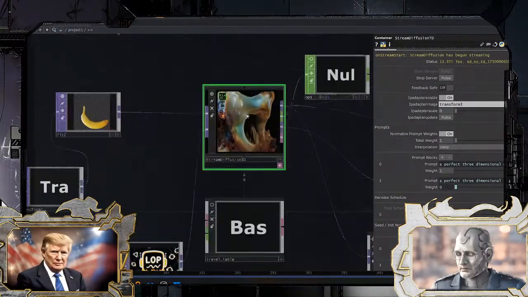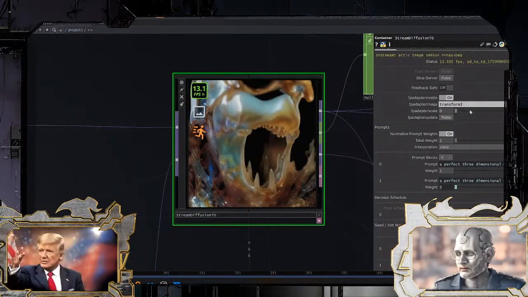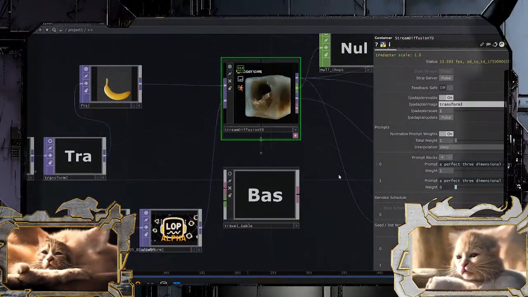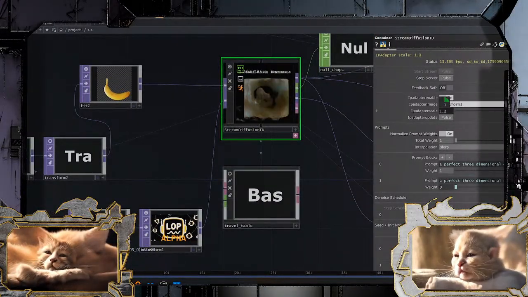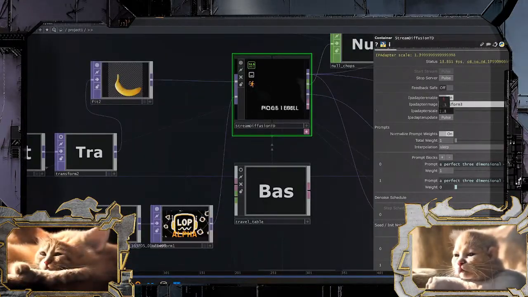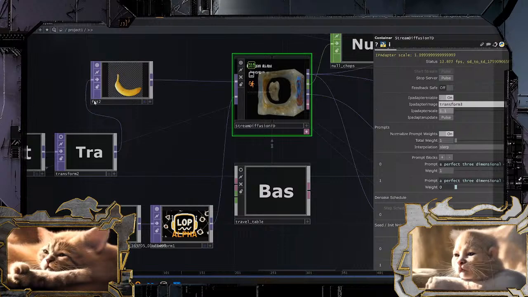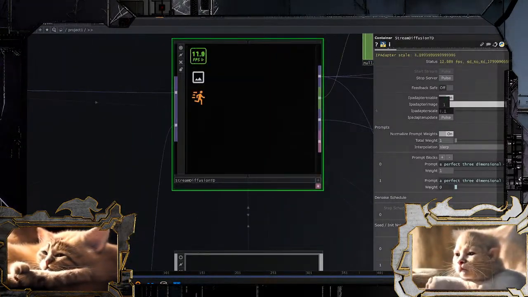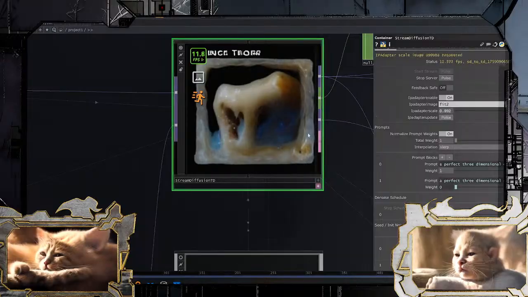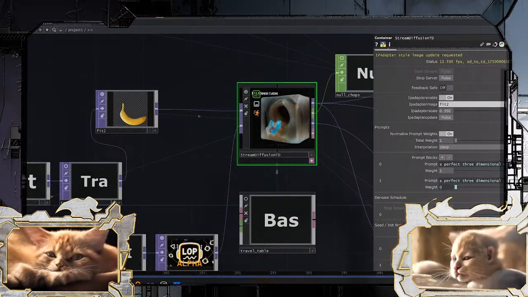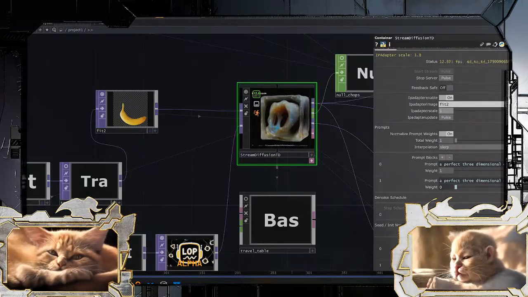IP adapter is pretty awesome because I can just hit this IP adapter pulse button, and it is forcing it to be closer and closer to my LOPS alpha image, which is really a terrible style reference. Let's give it this banana. It says it's updating. This is just going to be a terrible demo.